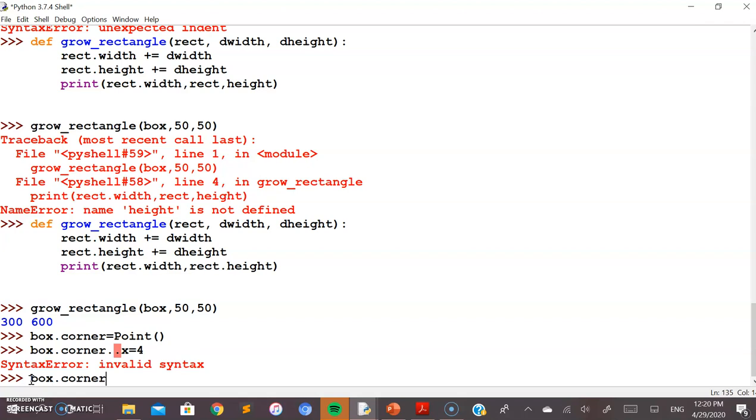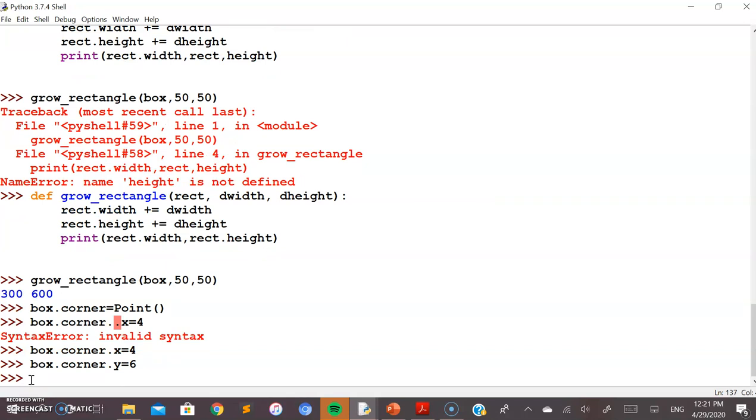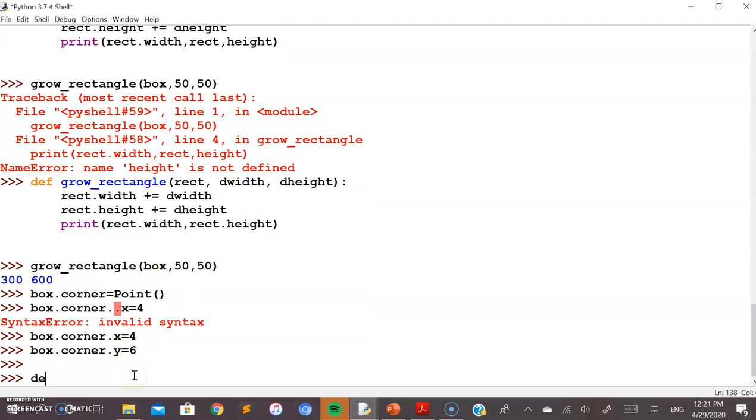If you remember, the box corner needs to be created as an object of another class known as Point to set the values for the x and y coordinates. So now we are going to write a definition to move the rectangle, that is, to change the values of the x and y coordinates.